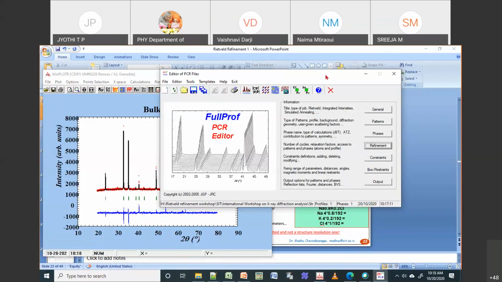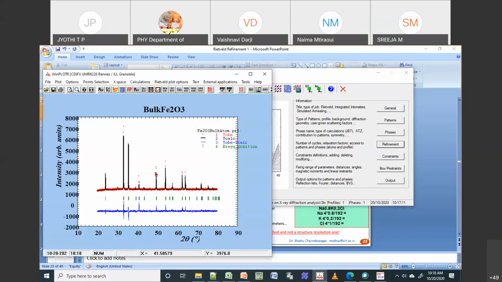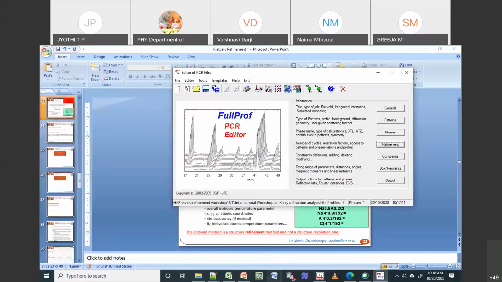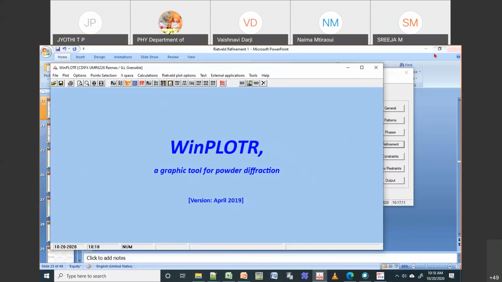There was some synchronization problem due to internet connectivity. That is why I repeated this. Now you can go further and do further refinement, and reduce the chi-square value and also the difference.